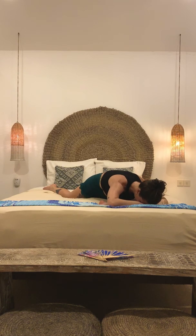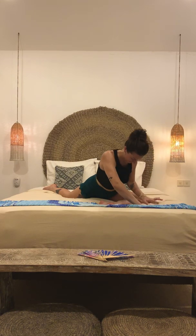You can stay upright, supporting on straight arms here, or feel free to come down to the elbows, or relax forwards like I'm doing here. And if that feels a little much, then just utilize those cushions and the pillows and whatever else you have handy nearby to find some passive stretch in your pigeon pose, really letting go at the back of that left hip. And of course, if you want to add a little more stretch into the front of that right hip